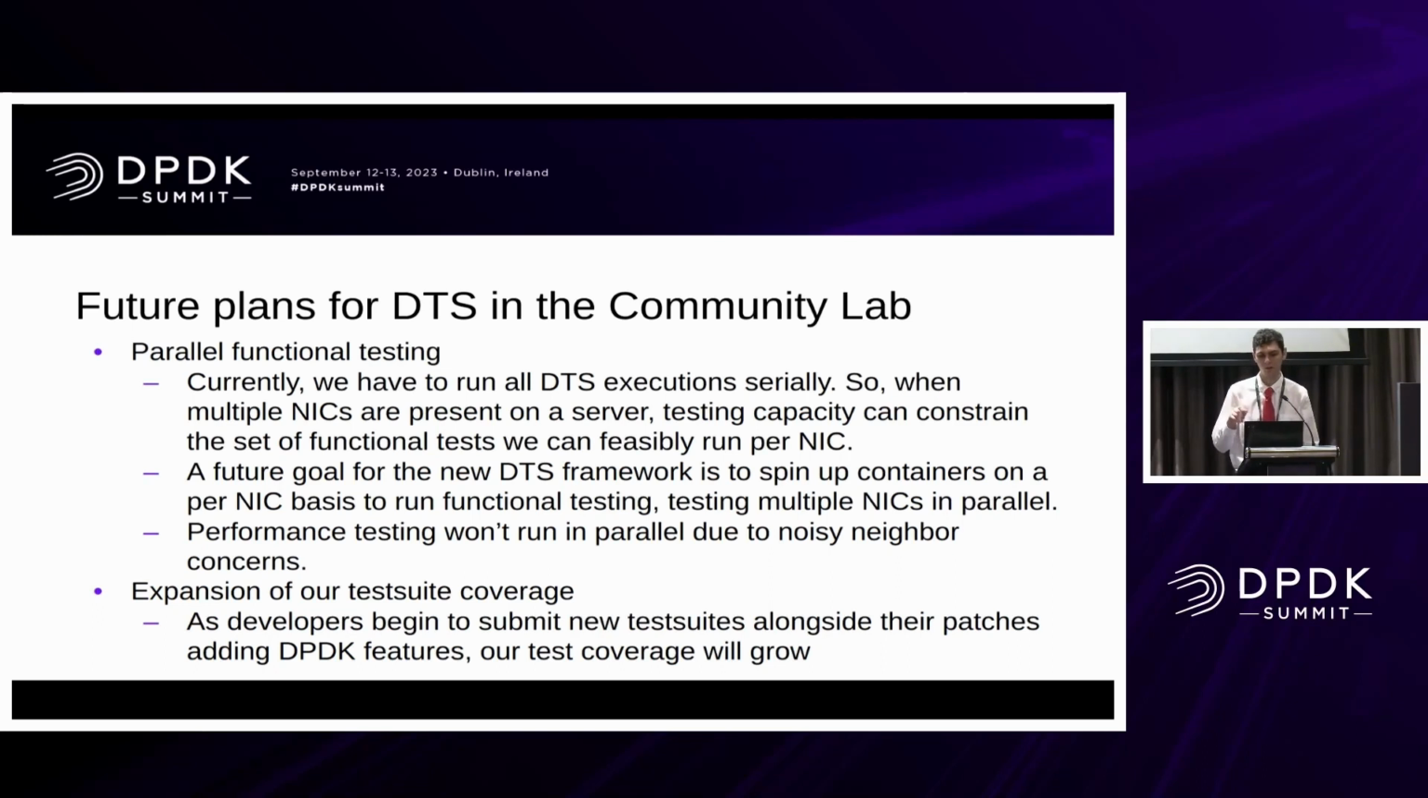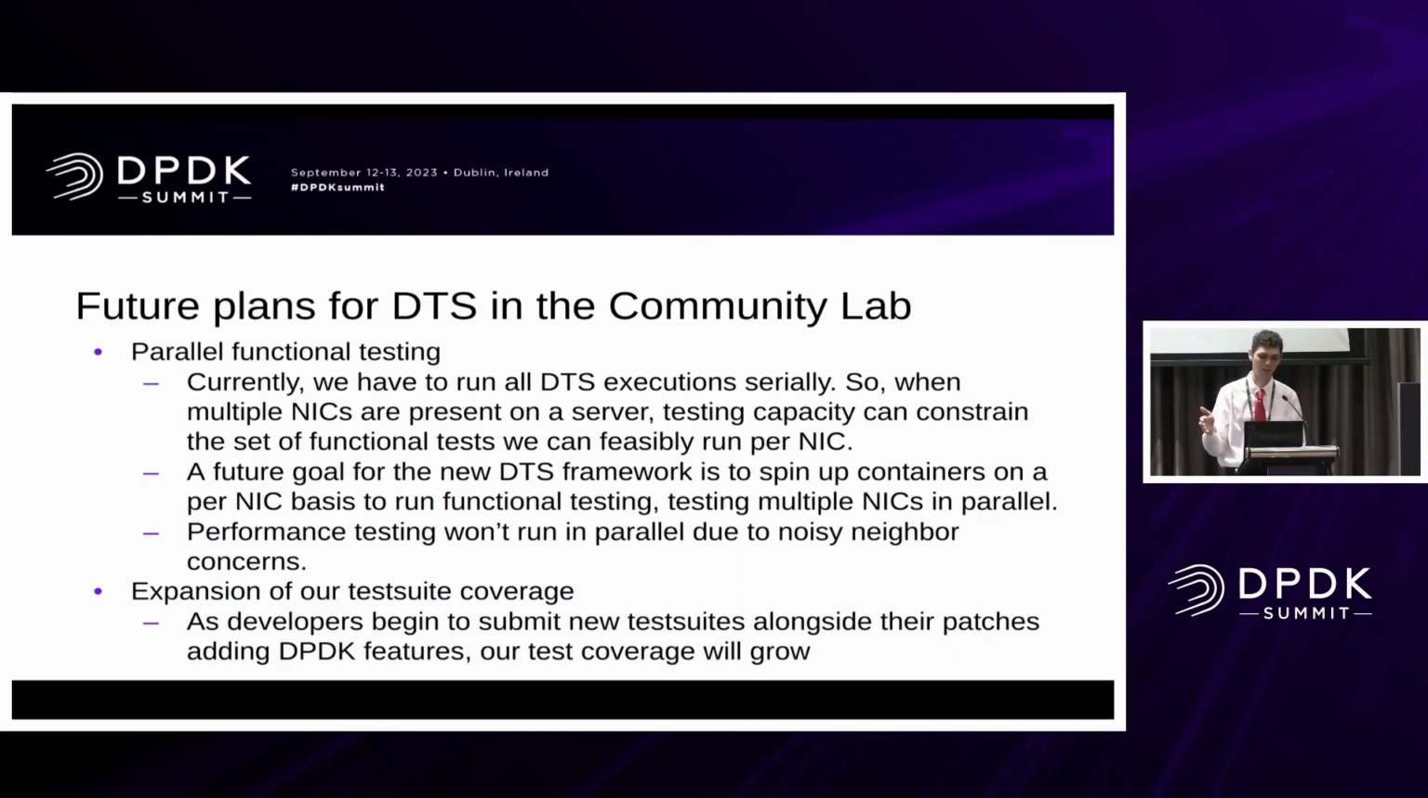So one thing we can do, which we've discussed, is spin up containers on a per NIC basis on the server, and run functional testing in each of those containers at the same time. So that's still testing happening in serial for each NIC, but it's doing some parallel testing on the server level. This may greatly help our capacity concerns, which will become a bigger concern as we expand our test suite